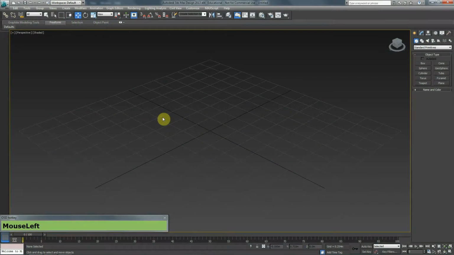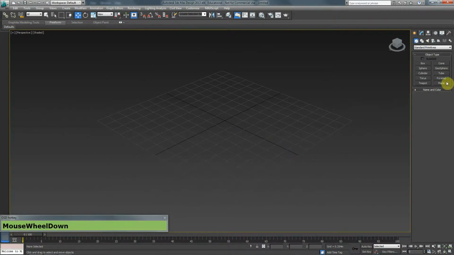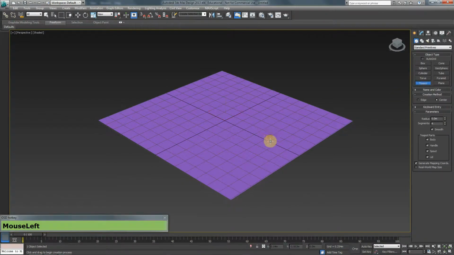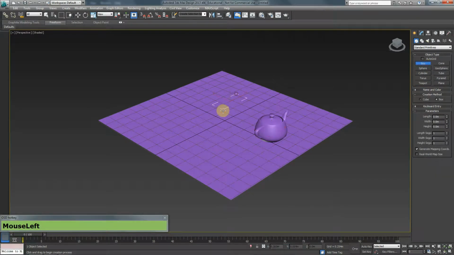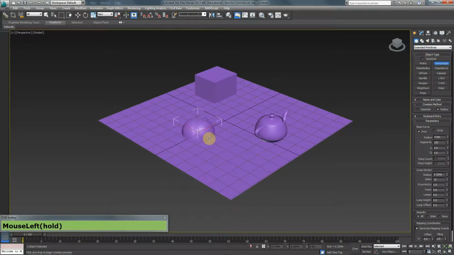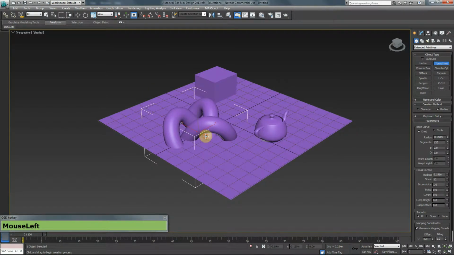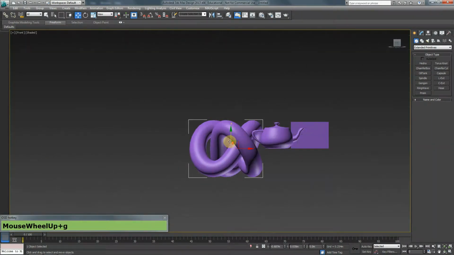In this tutorial, we are going to talk about creating a daylight system. In order to create a daylight system so that we can light our scene, I'm going to create a scene first. I'm going to create a plane, and I'm going to place a teapot in there, and I'm going to create, let's say, a box. And let's have some extended primitives in there as well. The torso, not there. Go to front viewport and maybe